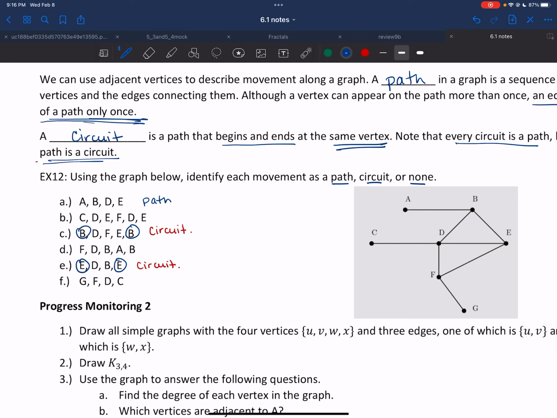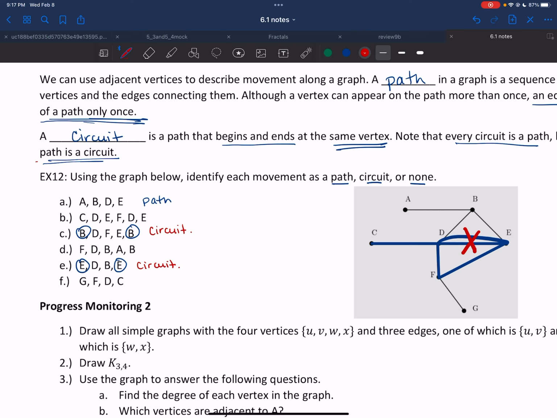All right, let's look at B. I have C, D. So C, D. Once I get to D, I go to E. And once I go to E, I go to F. Once I go to F, I go to D. And once I go to D, I go to E. Uh-oh. All right, we can't do that. That is actually an illegal move for a path. So I'm going to have to say